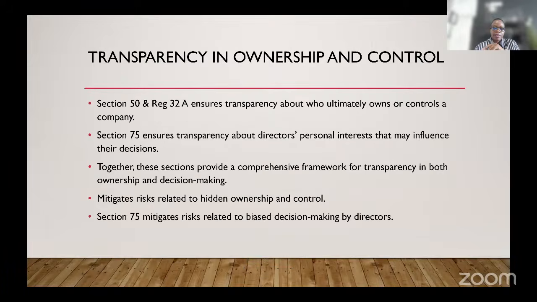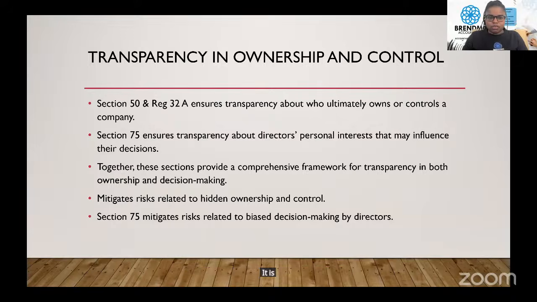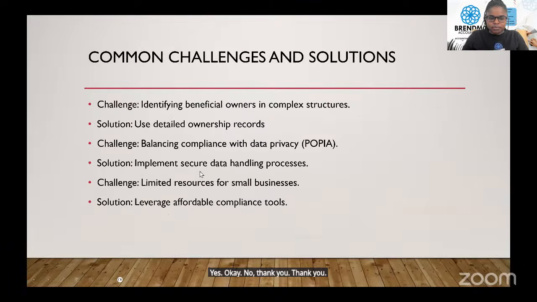Marlon, can you hear me? I think Tendai can come in. Yes, okay. No, thank you. Thank you. Thank you very much, Yolelwa. Thank you for that